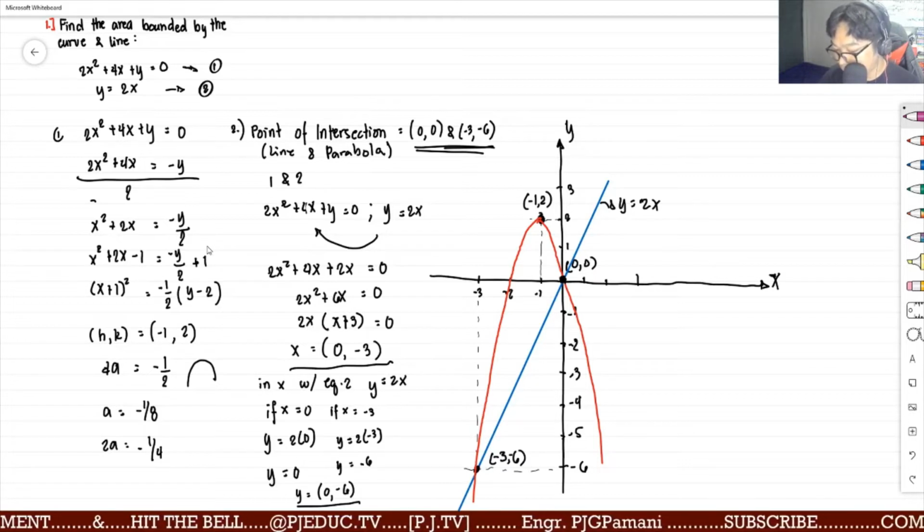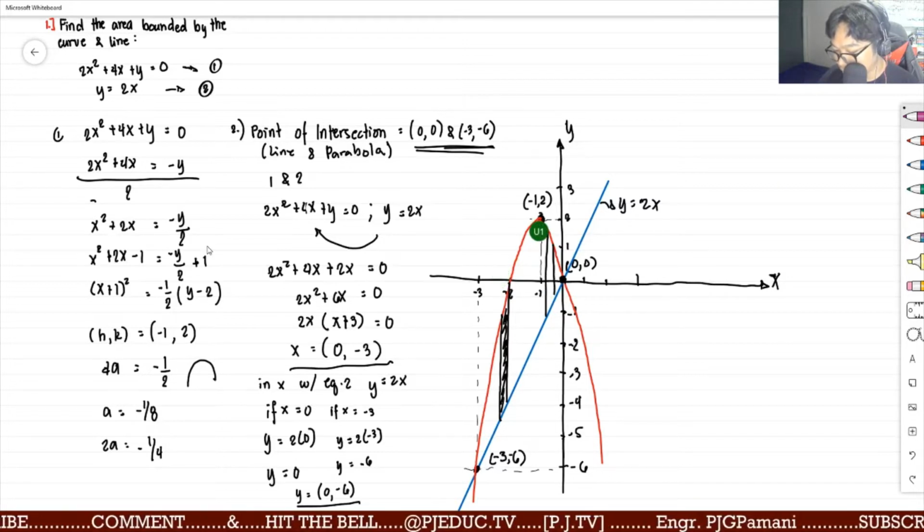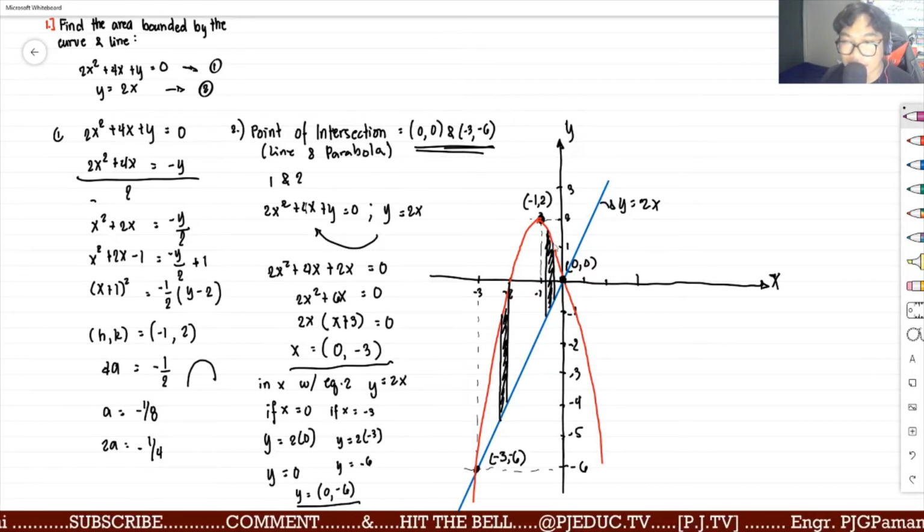So if we are going to use vertical element, you can identify your vertical element or assume a vertical strip on this section and also on this section. Nevertheless, they are just the same, as long as we are dealing with the section at which the curve and the parabola and the line intersect. Kasi ang hinahanap nating area, yung area sa loob ni parabola or yung area between the parabola and the dissecting